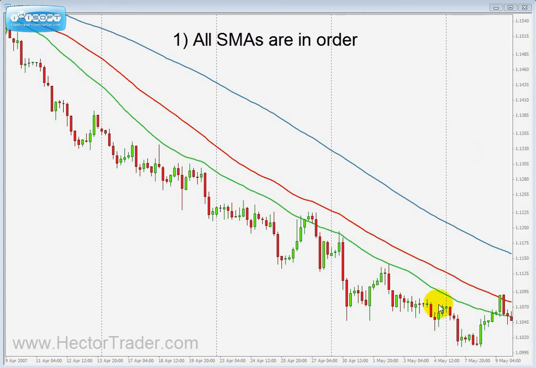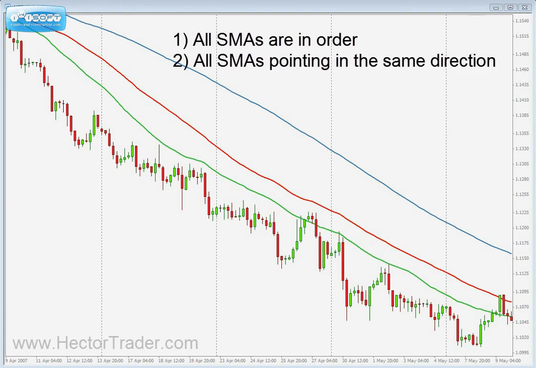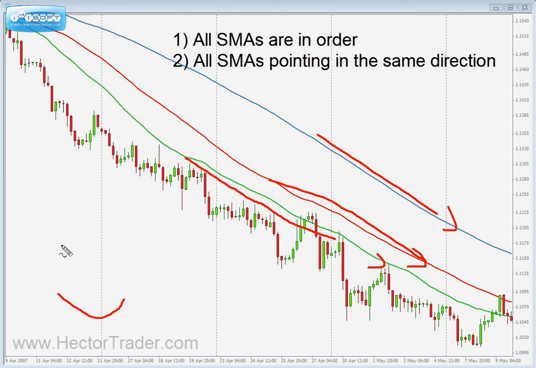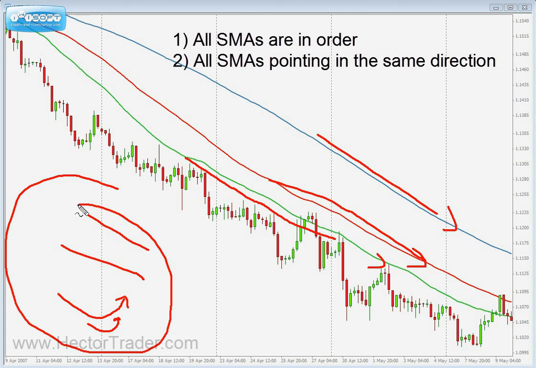Okay. Moreover, the second condition is that all the moving averages are pointing in the same direction. As we can see, all the different moving averages, the 30, the 50, and the 100, are all pointing down in the same direction. We could have the 30, the 50, and the 100 all in order, but the 30 already curling up and beginning to point up. Okay, that would mean that this trend is weakening, is endangered,